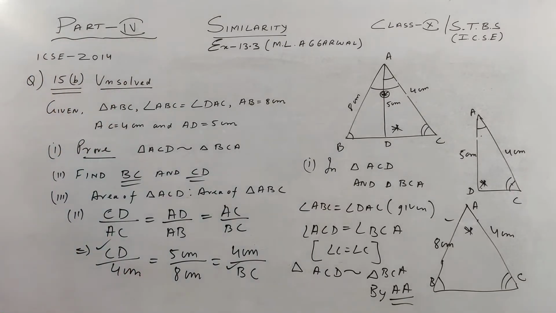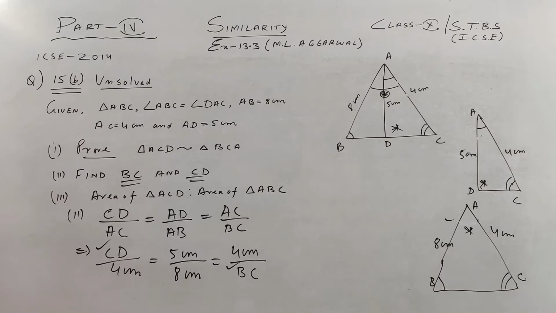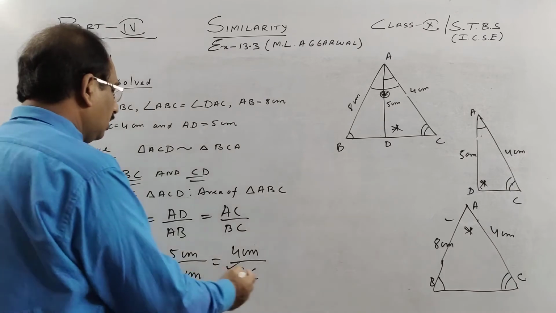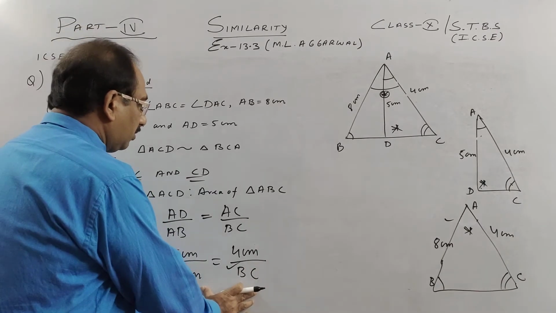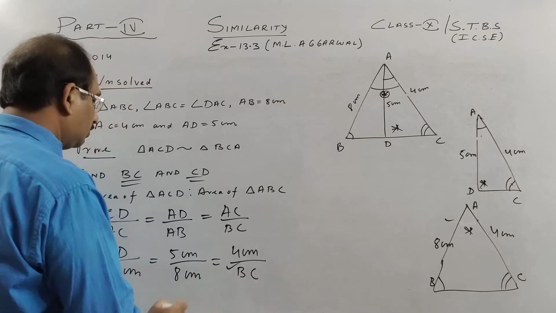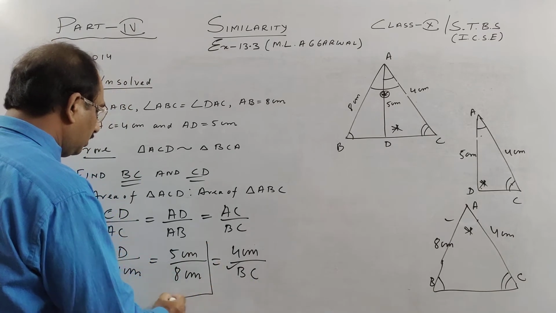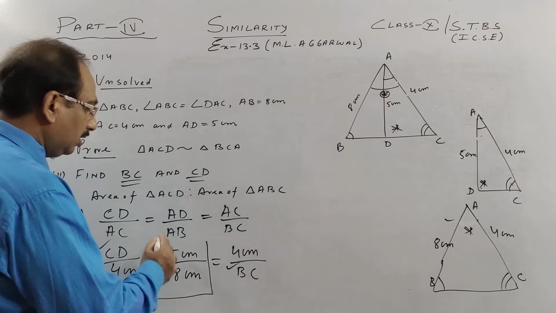So kindly pause the video and copy. I'll rub the right side part and get the final answer for CD and BC. So let us solve for CD and BC. So for CD, see, this two pair we will take. Of the three things, these two will give us CD and these two will give us the second and third term. So we got all three. So this first we will solve to get CD, then the second part.